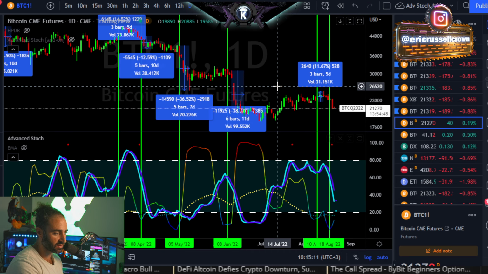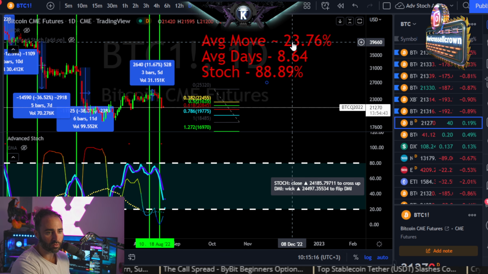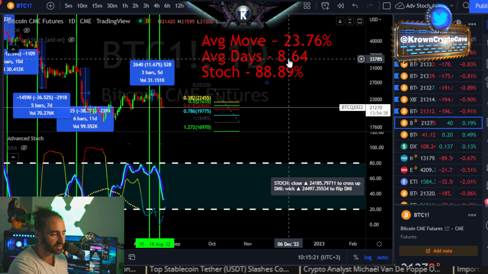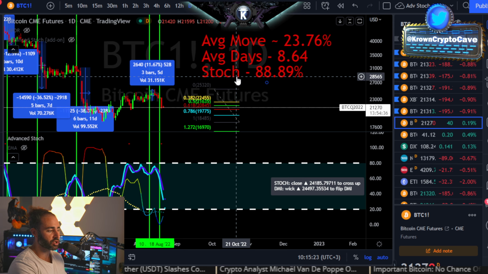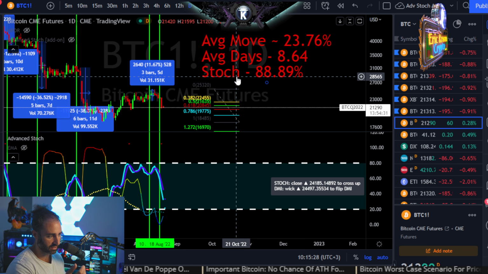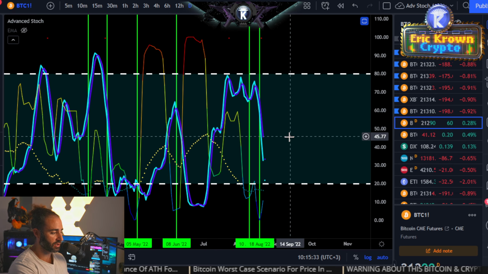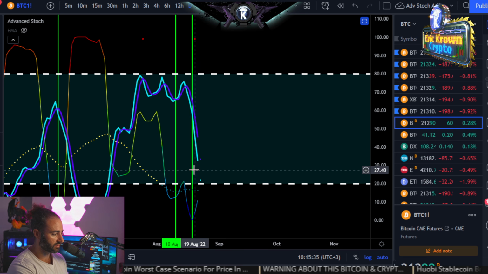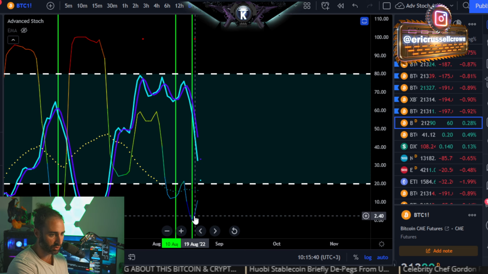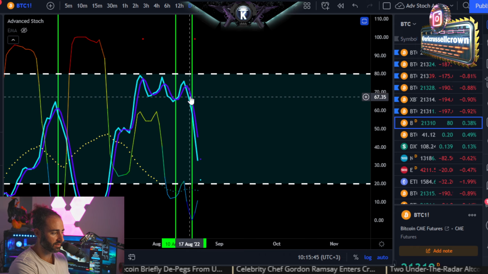The expansion phase from these extreme lows has led to an average move over the course of the past couple of years of about 23.76% down over the course of just over 8.5 days. And the stochastic momentum oscillator has gone the correct direction on that volatility expansion about 90% of the time. And obviously this is going to tick up here. In this case, we have another iteration which has been driving our downside since about the 17th to 18th of August, when we started to get expansion on the daily volatility alongside a down movement on the daily stochastic momentum oscillator.